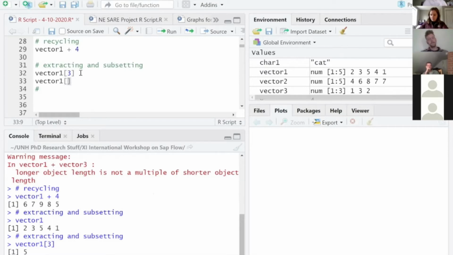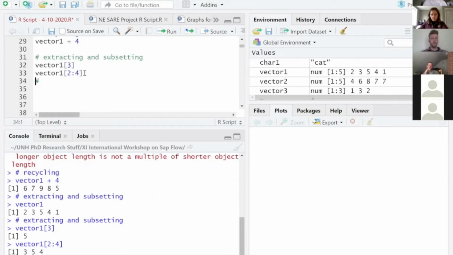If I want more than one thing, I can return a range. For example, positions 2 through 4. This will tell me everything in that range. And lastly, if I want things that are out of order, I can still have R return those, but